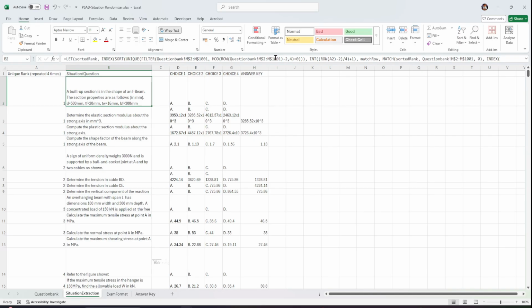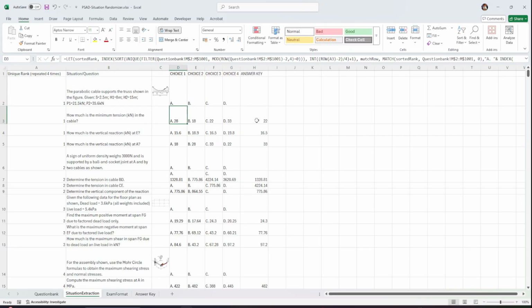Now the reason I only used 1001 is because if I will increase this, it will make the program laggy. So that's why as of now, I'm only using 250 situations. I tried to make this as flexible as possible by making this a very large value, but it will affect the speed of the program. So just take note of this.